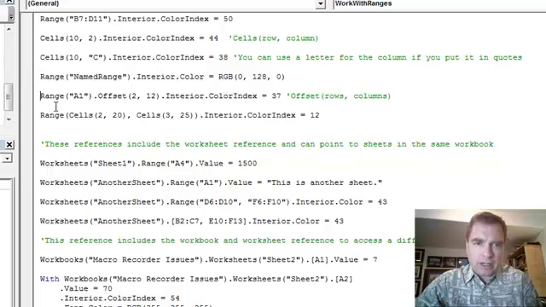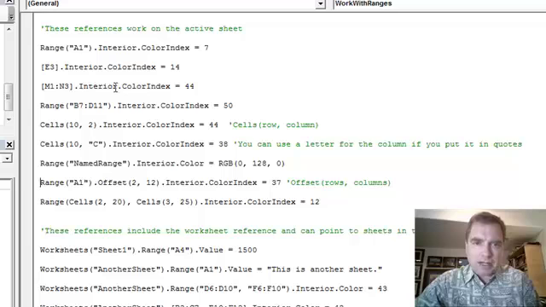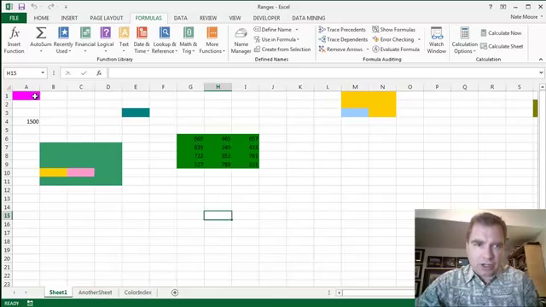What we're going to do here is range A1, just like we did up above. Same range A1, but instead of worrying about interior yet, we're going to add this offset. What the offset method will do is say, hey, start here, in this case A1, and then offset rows and columns. I want to go down 2 rows and over 12 columns, and that's where I'm going to make this 37 change colors. So start at A1, down 2, over 12, and this light blue color here